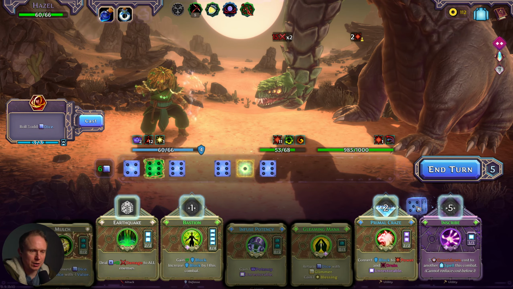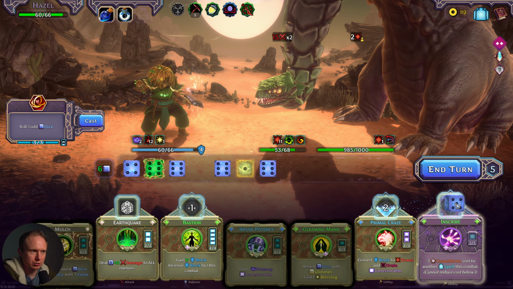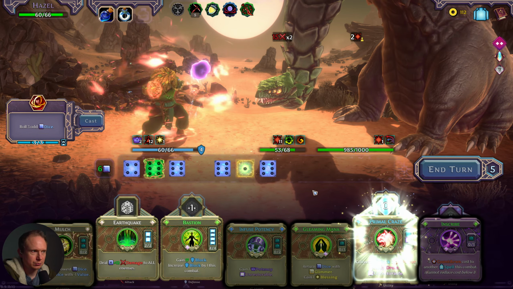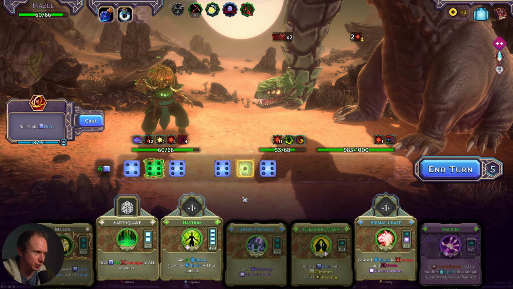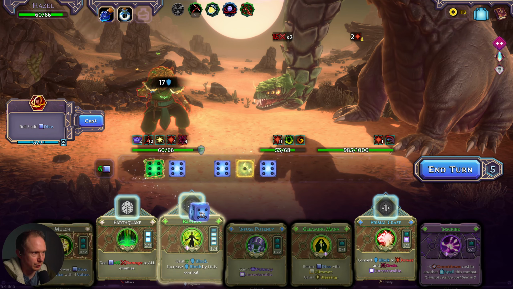So if I do this right now, because I put dice into this, will this trigger? I'm kind of curious. Yes, it does trigger. Okay, that's good to know. So now it's a 1-coster. We have plenty of dice still, so I'm not worried about...